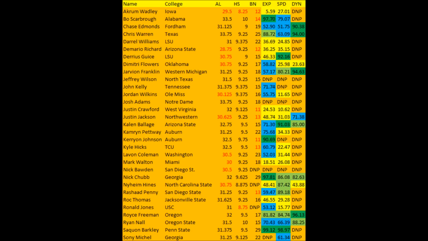And then, of course, you get to Ronald Jones from USC. 31-inch arm length, which is good. 8 and 7.5, which is not the best. Did not participate in the bench. Speed score was 15.77. I do understand a lot of people were saying that he was pulling up and he was injured and stuff like that, which may be the case. We'll have to wait on his speed score, I guess, because I know there's a lot of Ronald Jones fans out there. But his explosive lower body strength score was not exactly where it needed to be either, and